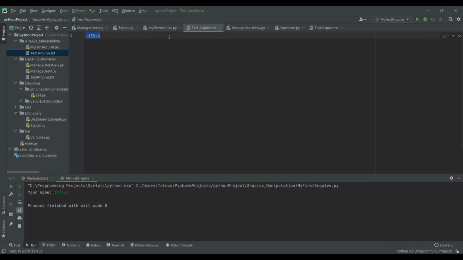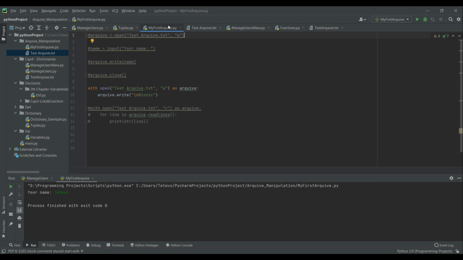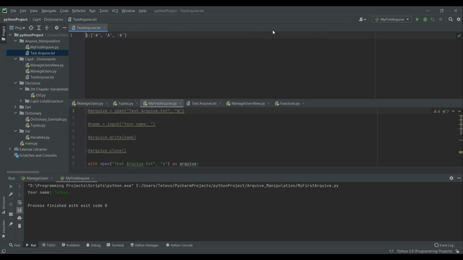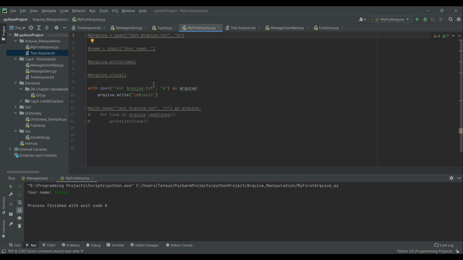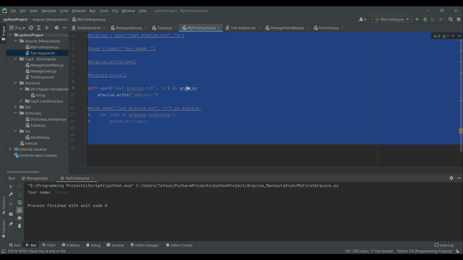I have 2 archives, both with the same name. Okay. So I'm setting up that my test archive will be altered, and all this information will be stored.